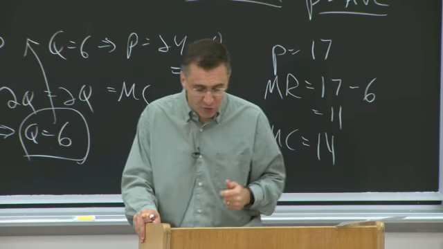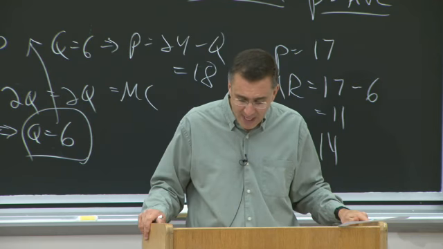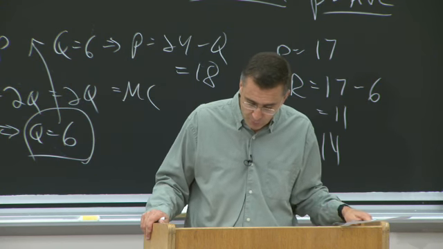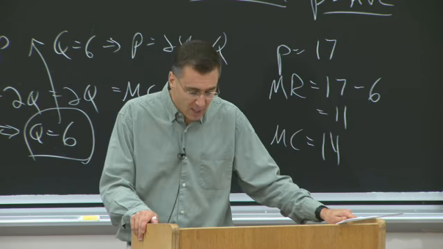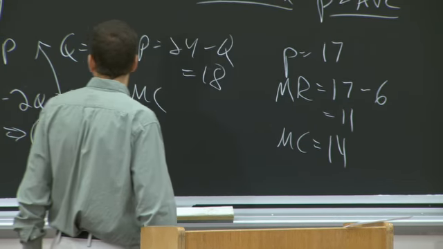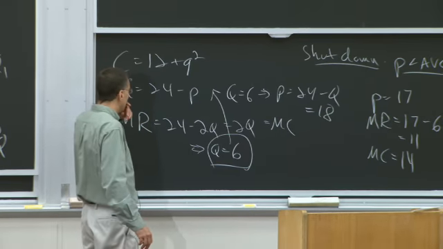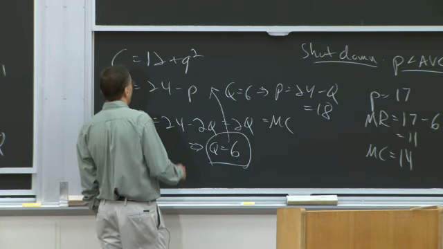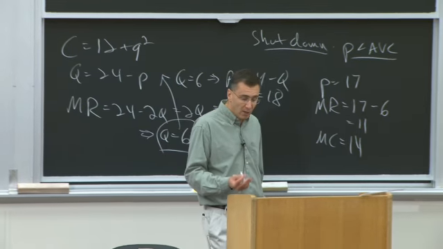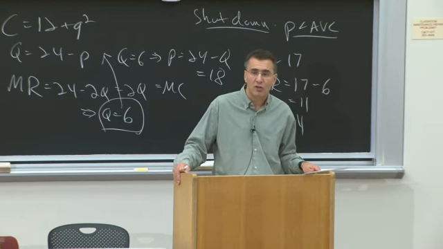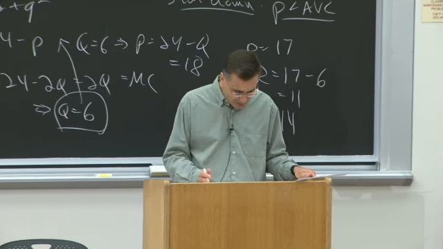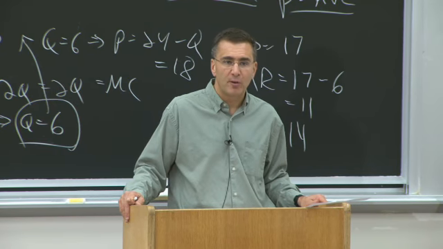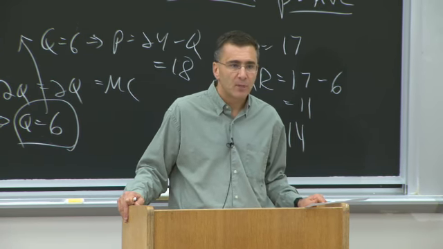And that's why the monopolist stops short of what would be the perfectly competitive outcome. What would the perfectly competitive firm do? It would set marginal cost equal to demand. Demand here is 24 minus Q, and marginal cost is 2Q. So they would end up producing where marginal cost equals demand at a much higher level, charging a slightly lower price. So what you see is the monopolist ends up selling fewer units at a higher price. Questions about that? Yeah?